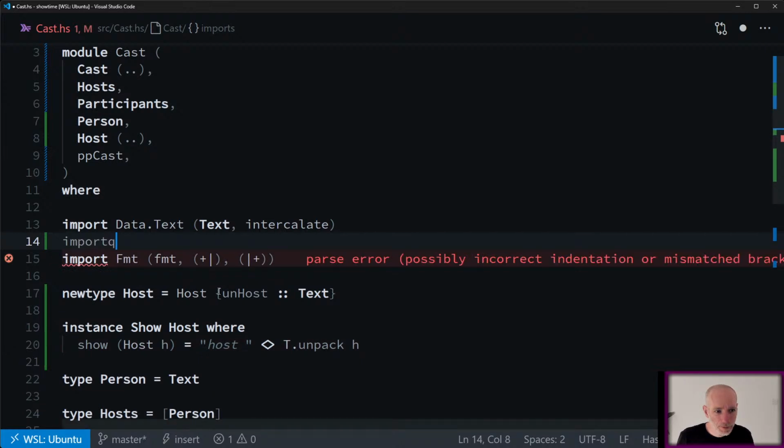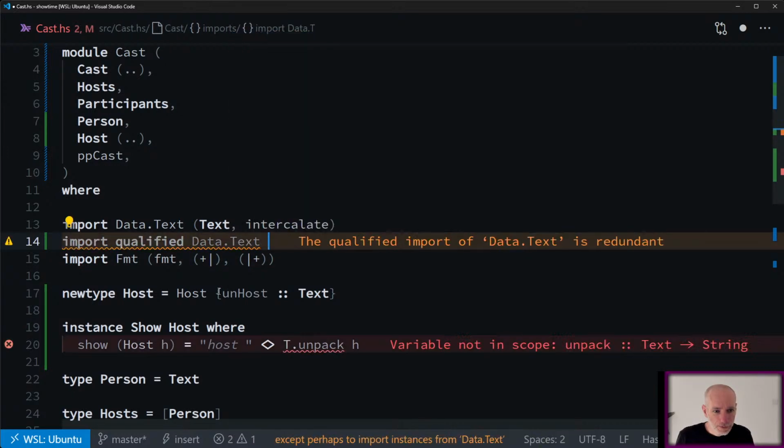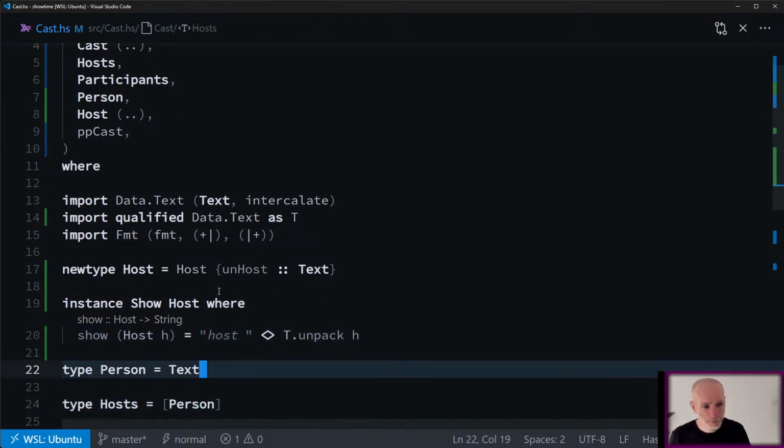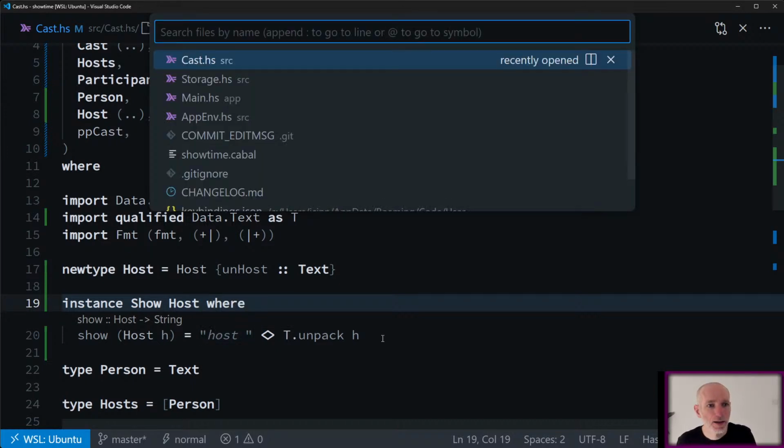Import qualified data.text as t. Okay, so I now should be able to show this host and it should print out the right string.